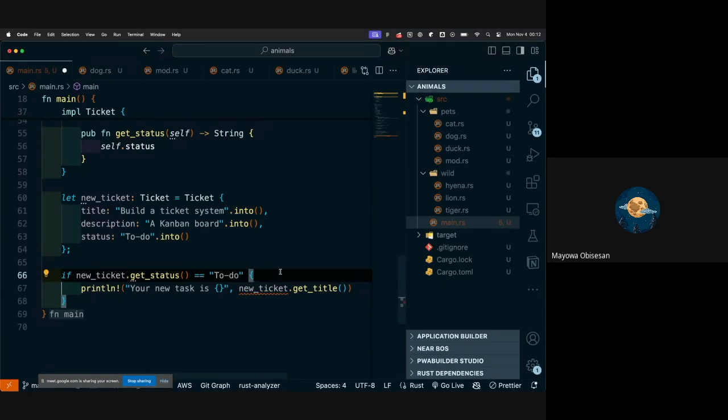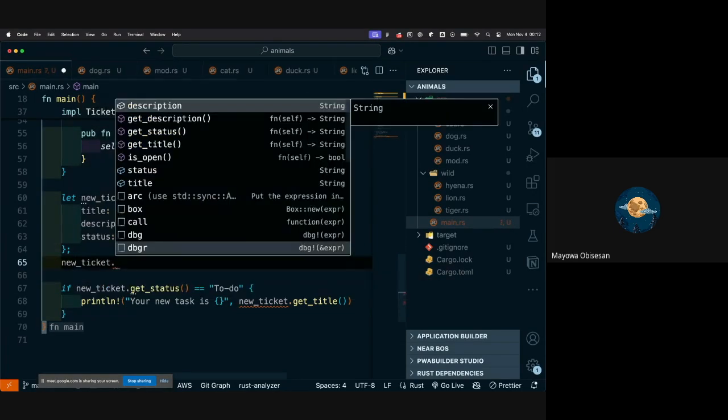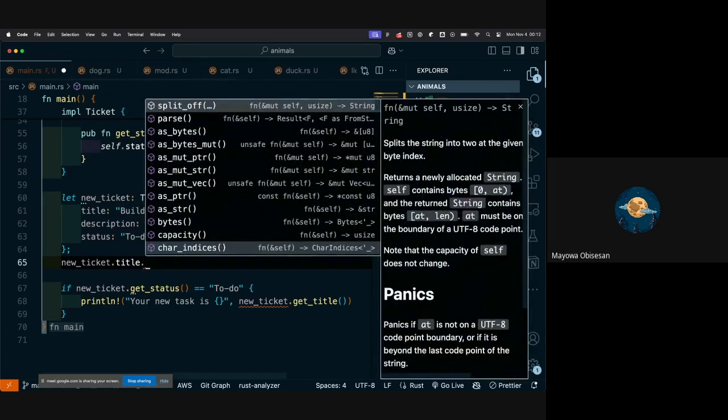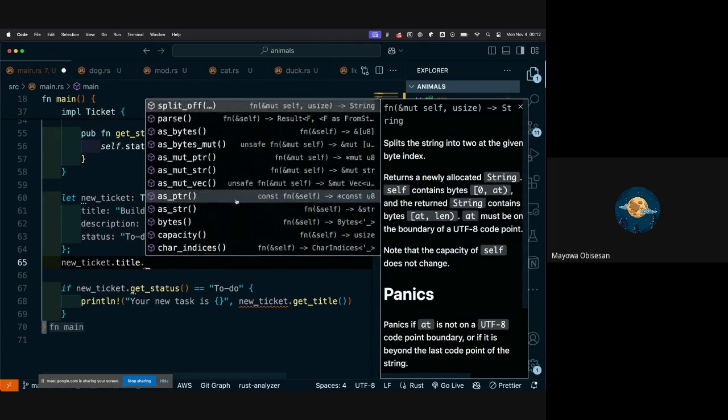What is the easiest way to do this? Okay, let's say we have new ticket dot. Let me say title here dot. Now these are methods. You see all these things you see here? These are methods on the string. Do you see it? You can split it, you can pass it, you can convert it to a byte, you